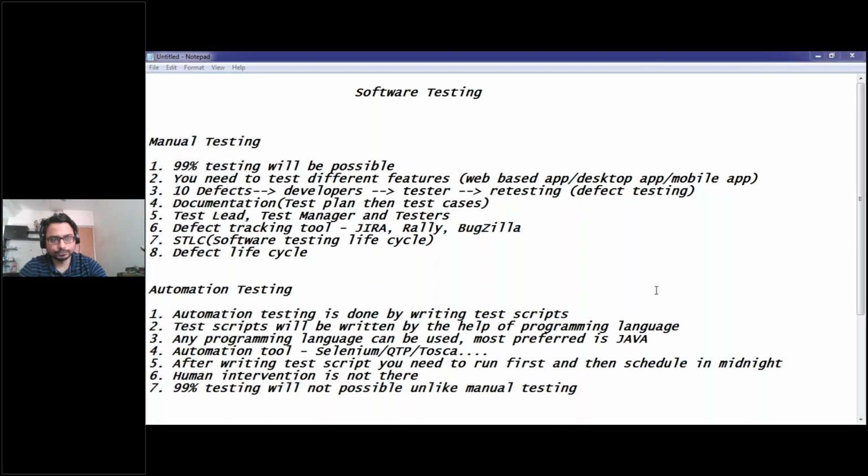I have a doubt. As you said, there are some cases which we can identify as manual and as well as automation. How can we identify? Do we have some words or some special cases by which we can easily say that yeah, this is manual, so I need to do this manually, and this is automatic? If we do it by automation, as you're saying, it will take place at midnight. So how is that possible? Is there some program which has a timer which starts executing at night?